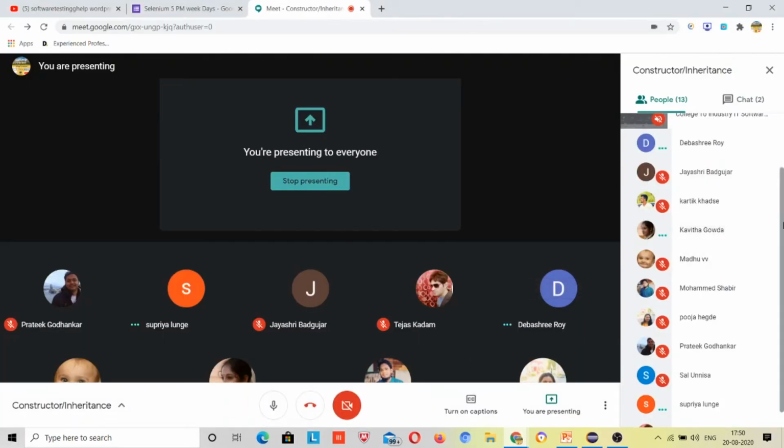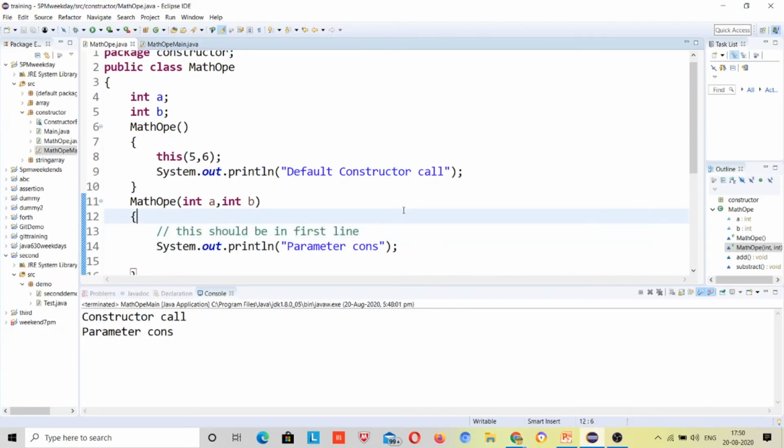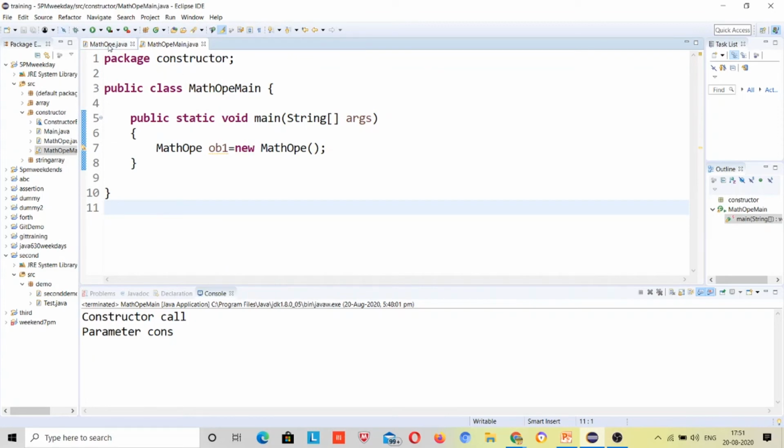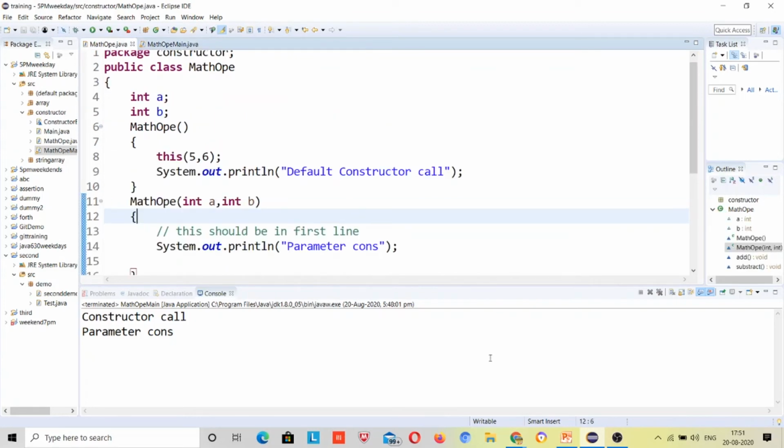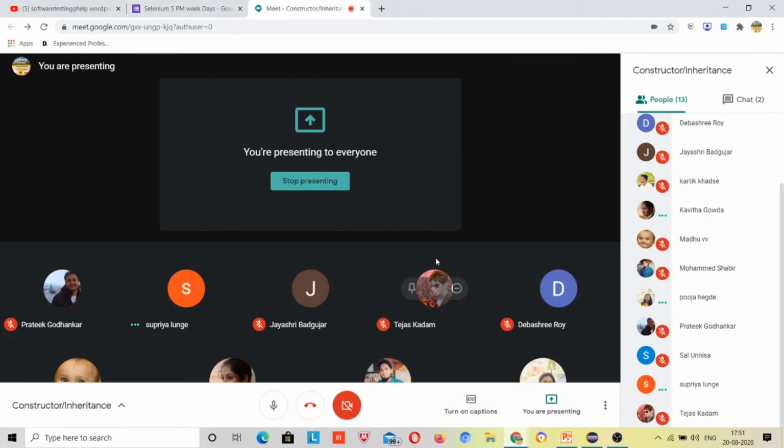No issues. I will check with Pooja if you can answer. Is it only the default constructor call? It will print only default constructor. Okay, Jay Sri.